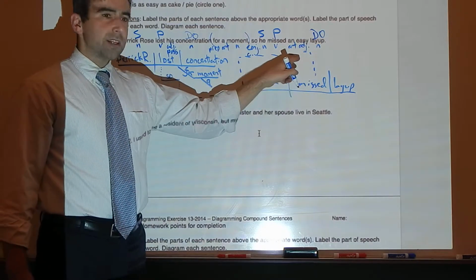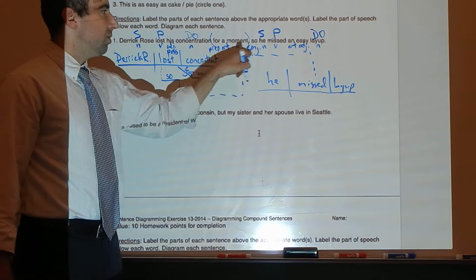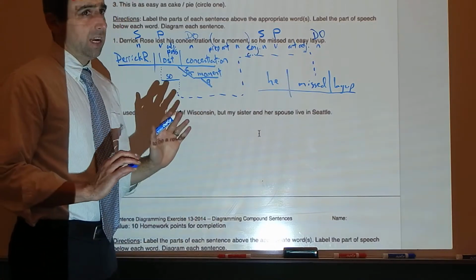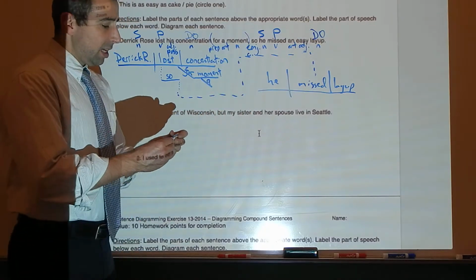It's pretty important that the dotted line go up and down when it comes down into the predicate, but if you need to do something like this to make yourself space to fit the second clause, that's fine. The important thing is that you're connecting the predicates,